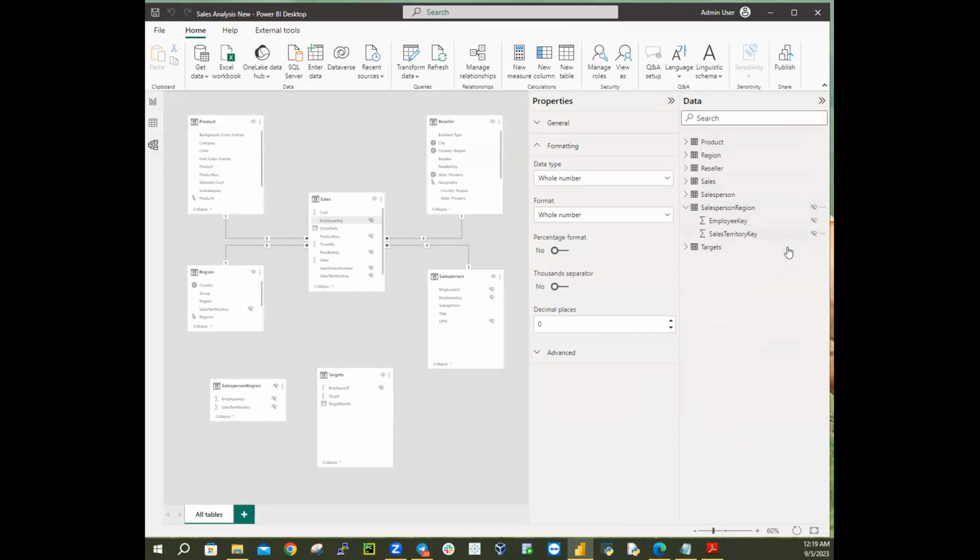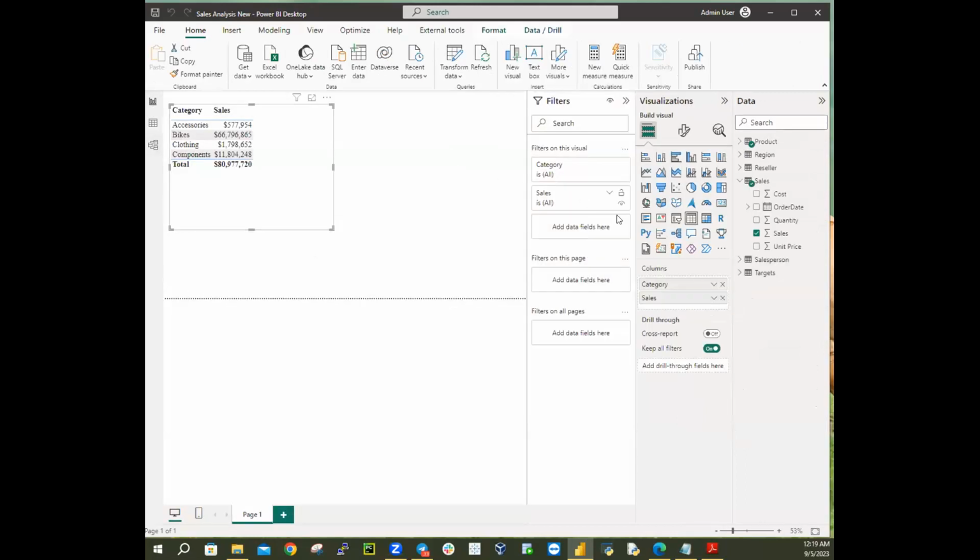It has employee key and sales territory key. And you're hiding the 2 columns, the 2 fields. So by the time you are in your report view, do you see salesperson region here? No. So that is it. Okay. So the next one is